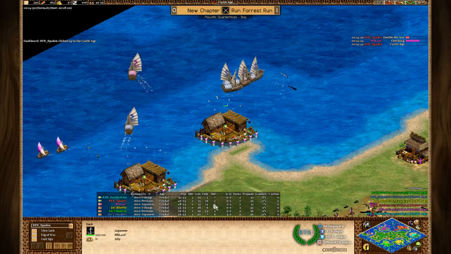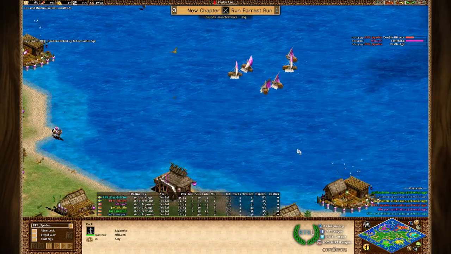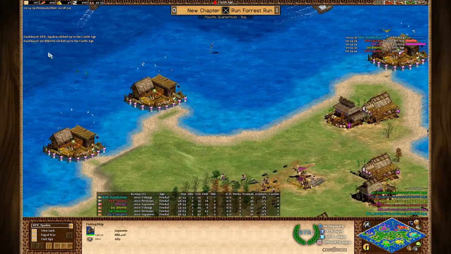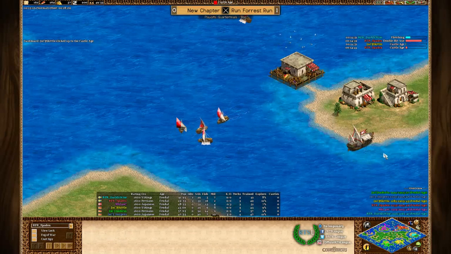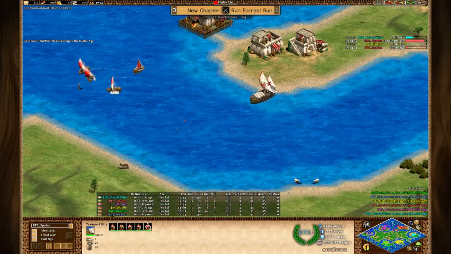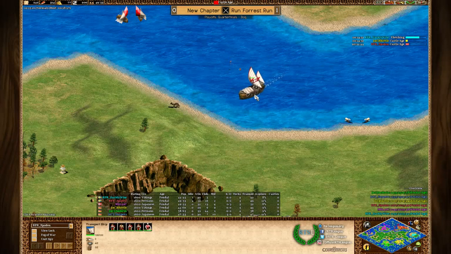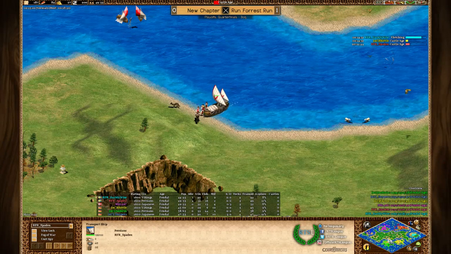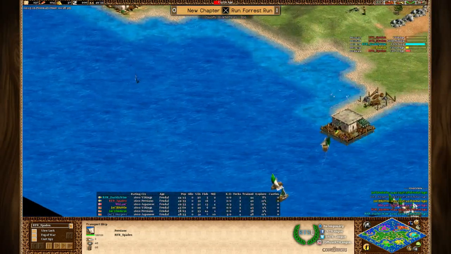He's right now having just 4, rather he's having 13 fishing boats, but not really fishing all that much, just on the right side. Spaden and Skittle are right now clicking into Castle Age, and so far not any kind of landing. And yeah, here it is. Here is the fast landing from Spaden, and they are doing exactly what I was talking about earlier,